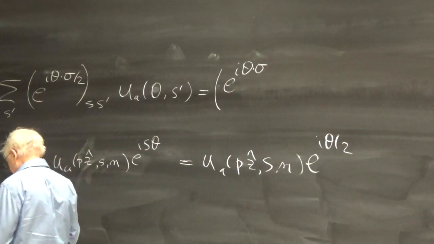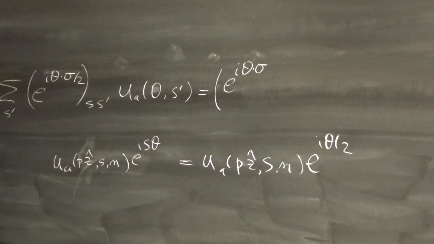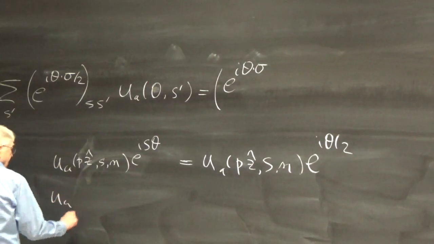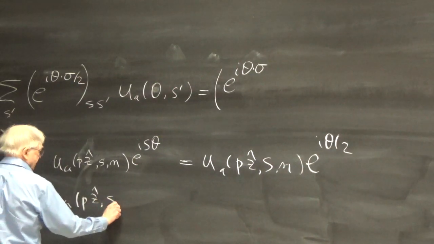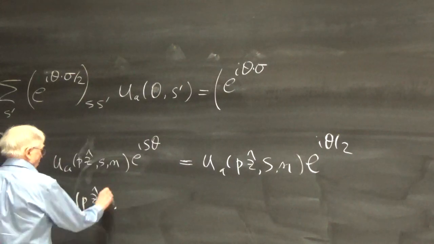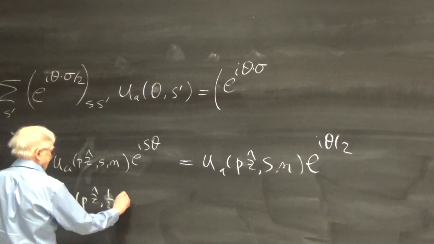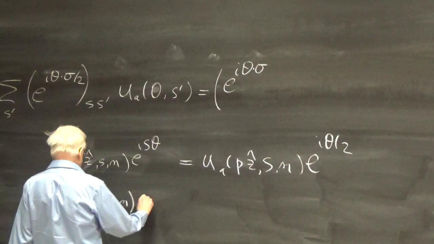And in fact, s equals plus a half then means that U_A of p z-hat, s, for spin 1/2 n, so spin up, in other words, has to be